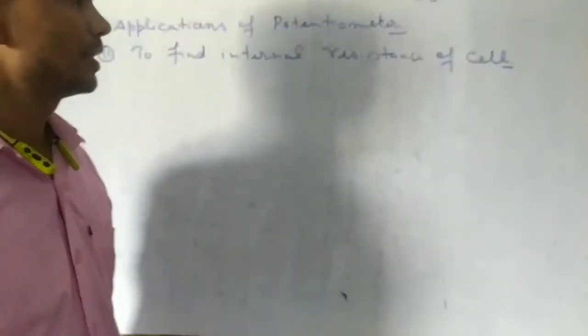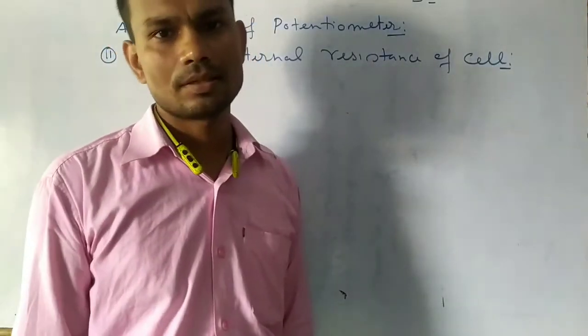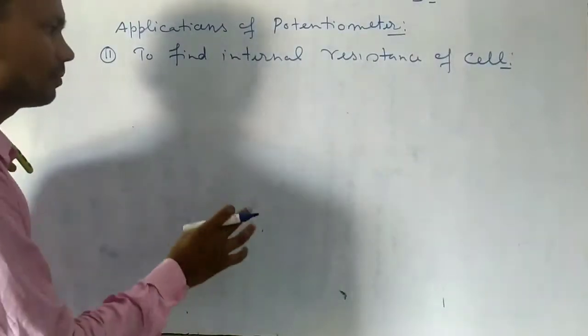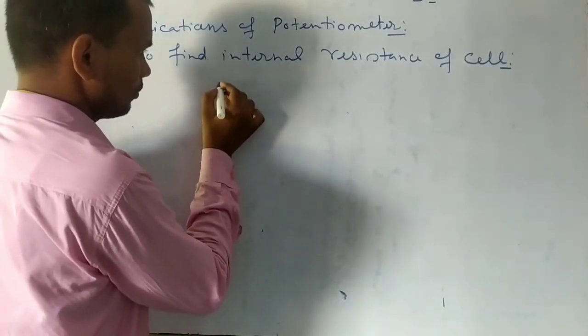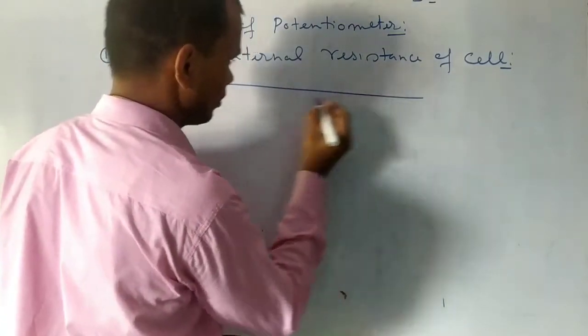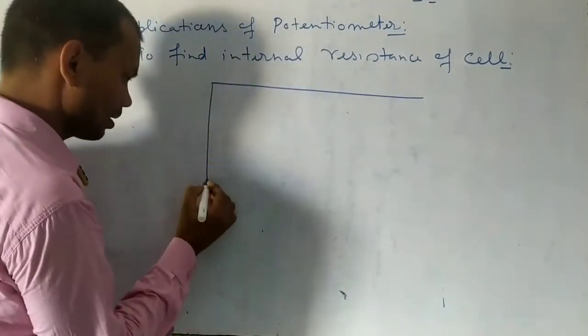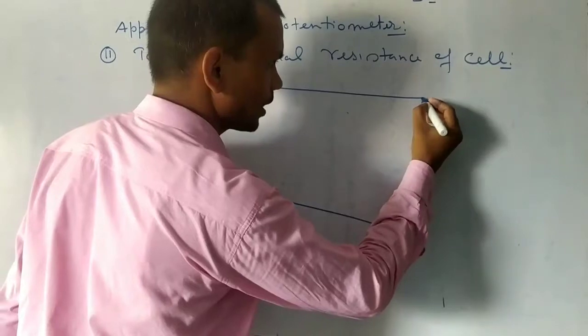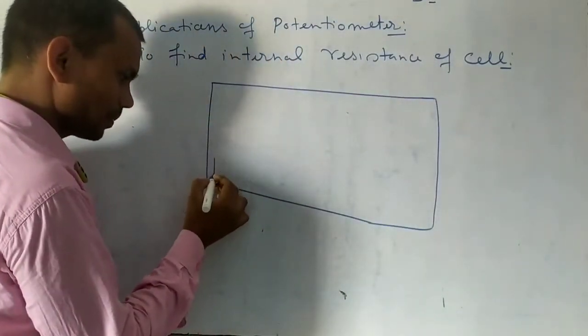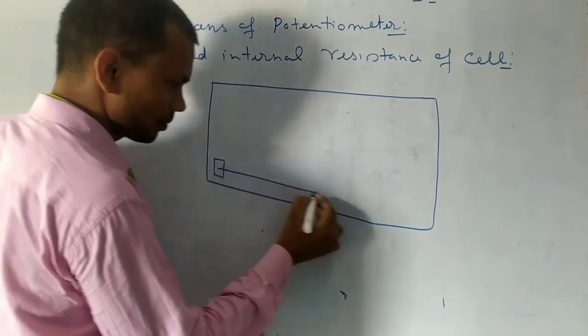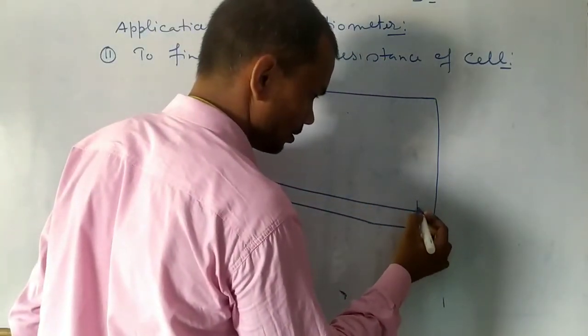With the help of a potentiometer we can find the internal resistance of a given cell. For that, look at the circuit diagram. Suppose this is the wooden board, and on this wooden board we are stretching wires with the help of copper strips. Suppose this is 100 centimeter